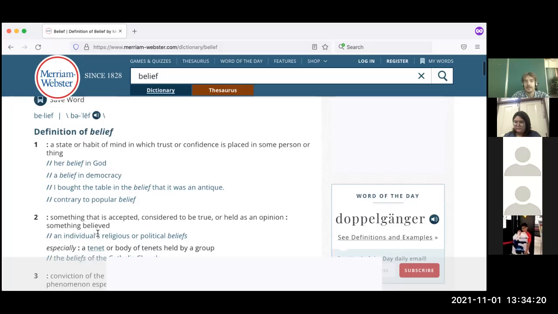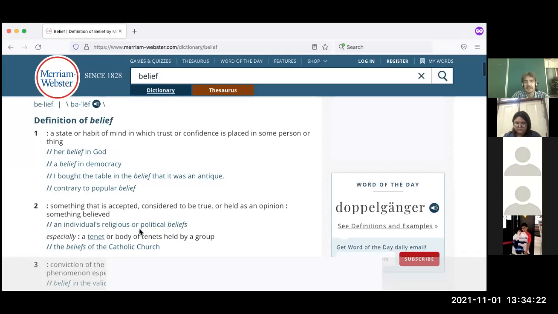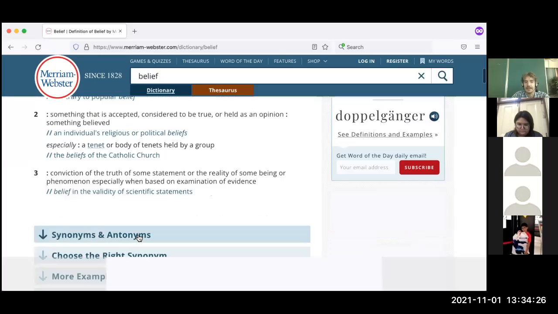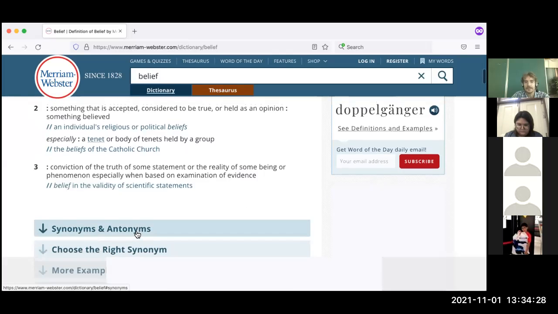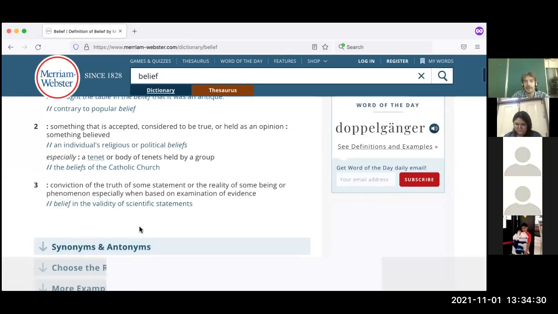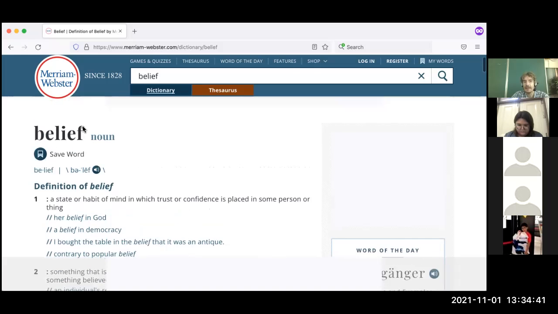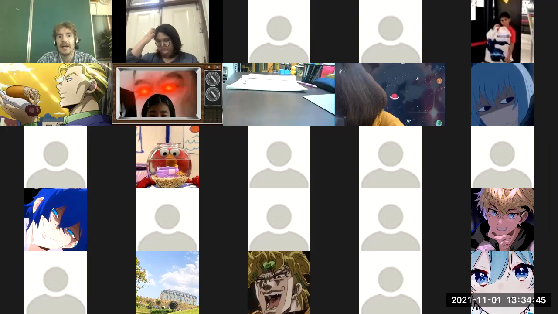So an individual's religious or political beliefs, or the conviction of the truth of some statement, or the reality of some being or phenomenon, especially when based on examination of evidence. So belief in the validity of scientific statements. So that's belief, with F in the end, as a noun, okay, and believe